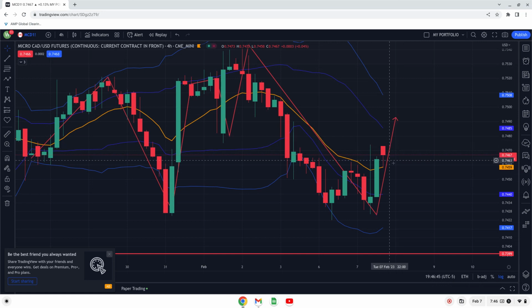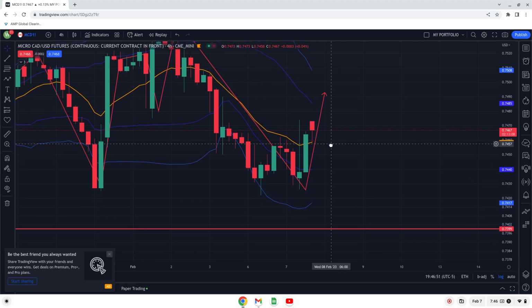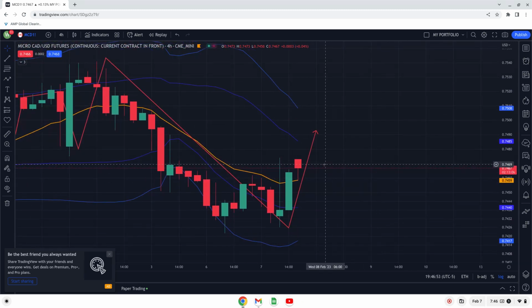So the best way to trade, if you have this one, this is the current candle. If you have a candle that looks like this, as you can see, look at this long wick right here. It has a long wick and it's sitting on top of the 8 moving average line. This is an opportunity right now for a buy order. You can now buy, as the market is proving itself that it does not want to fall past your orange moving average line. You can now buy here, and then you can either exit here at this Bollinger Band